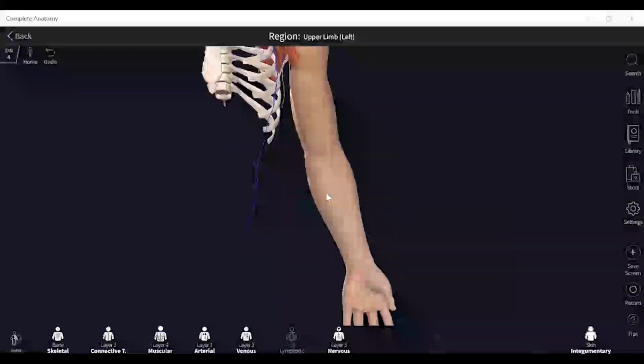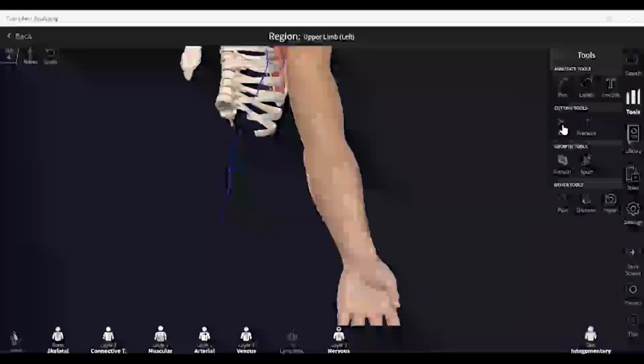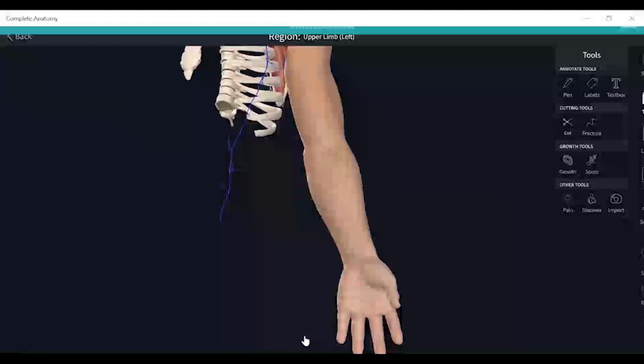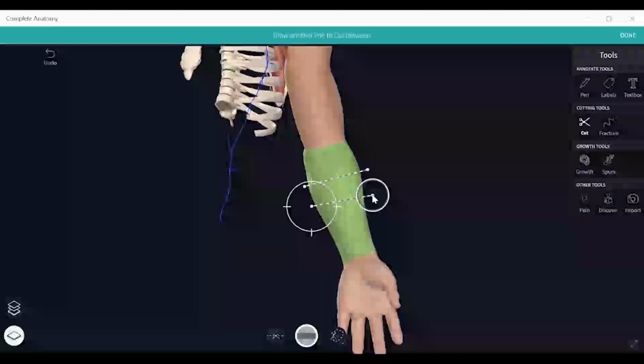If I want to see the cut section through this limb, this cut tool is very helpful. So I can use cut in between. I will put a cut. Yeah, so I am able to cut through it.